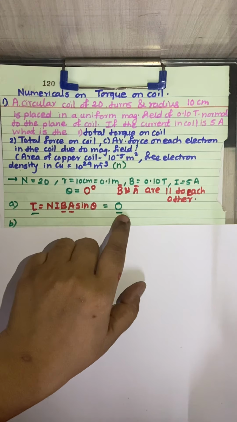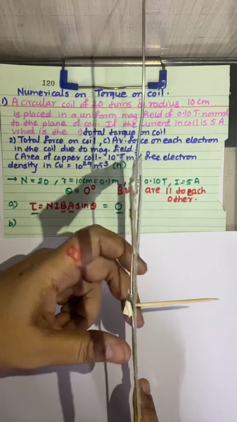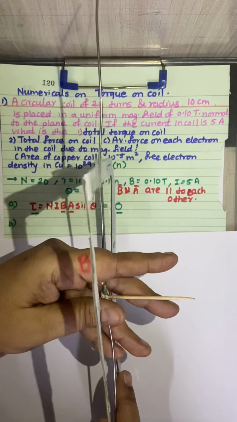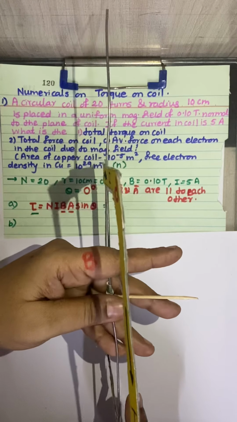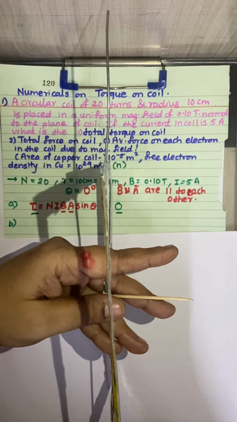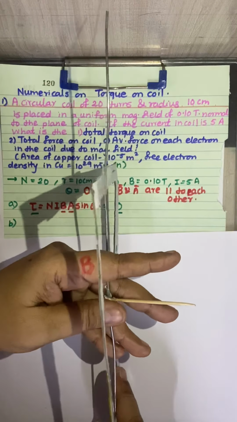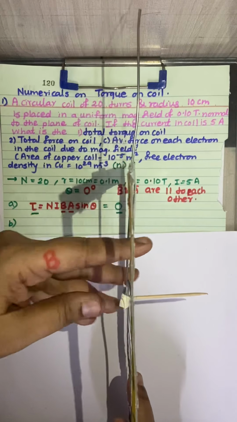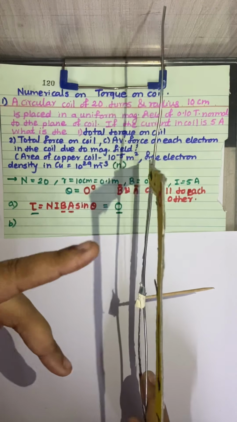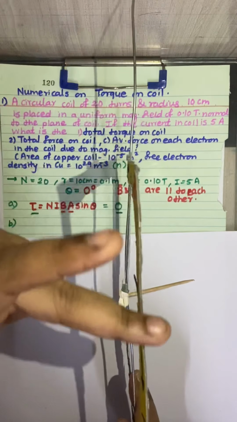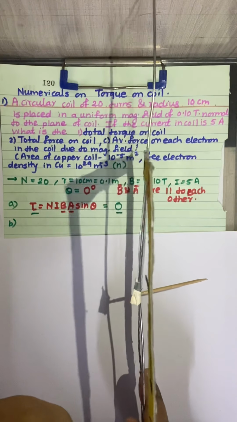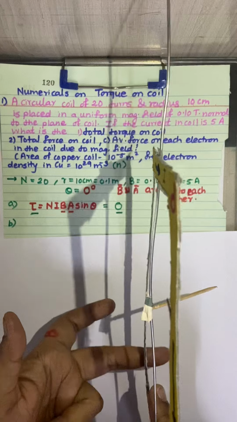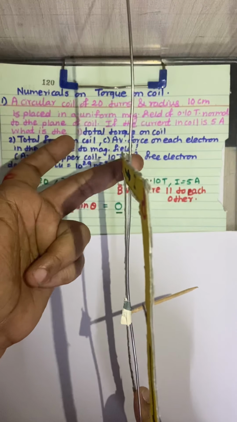Now we want to find out the magnetic forces on the coil. The plane of the coil is like this only, because they have given the situation and position. Suppose the current is flowing in any direction, clockwise or anti-clockwise. We are going to apply Fleming's left hand rule to understand the force. Suppose the current in the upper arm is in the downward direction. Obviously, the current in the lower arm will be in the upward direction.